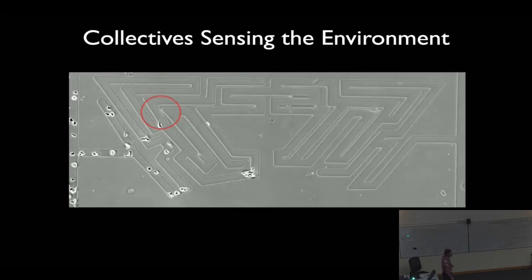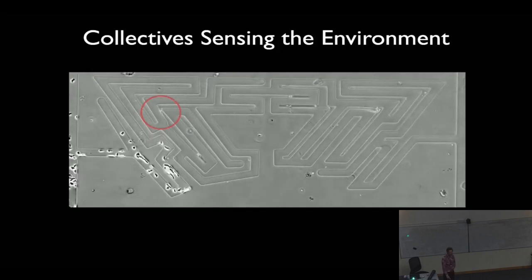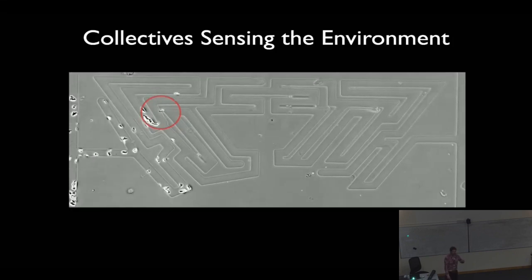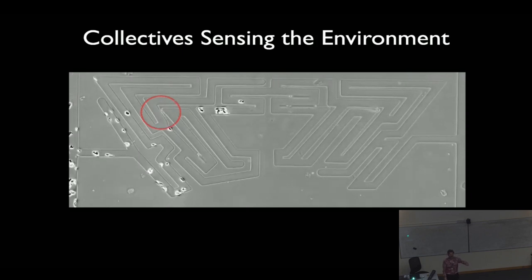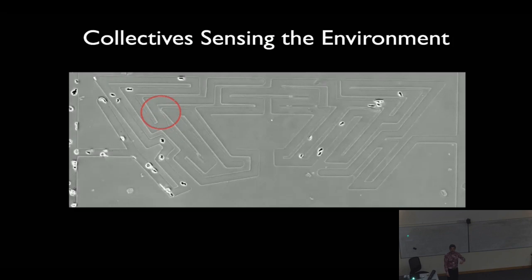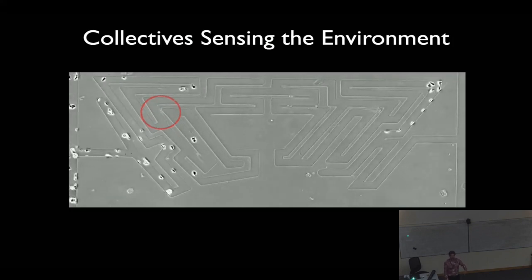Now look at an interesting thing here. There's a glitch in the maze. Let's just start it again. There's a glitch in the maze. And the point is these cells are not learning the rules of the maze. They're just exploring their environment and finding where the best path to the chemoattractant is. So if there's a glitch in the maze, the cells can tell it's there by breaking down